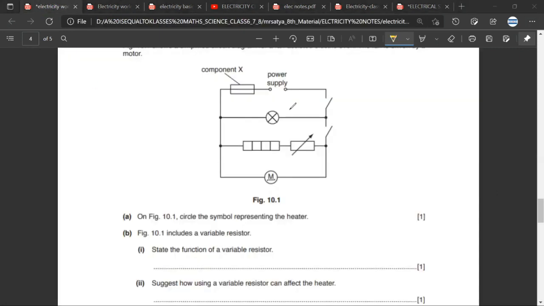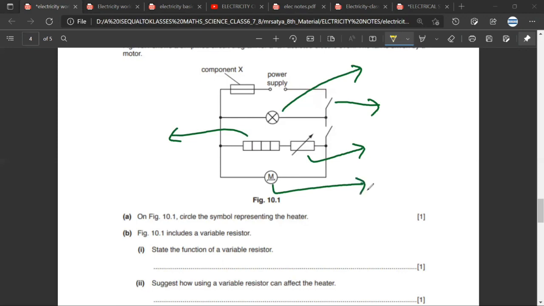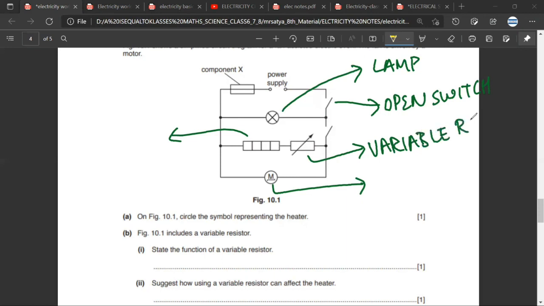Okay. So Mr. CP, what will be this? What will be this? What will be this? And what will be this? The X would be a lamp. The switch, this would be a switch, an open switch. Then the third one would be a variable resistor. The fourth one would be